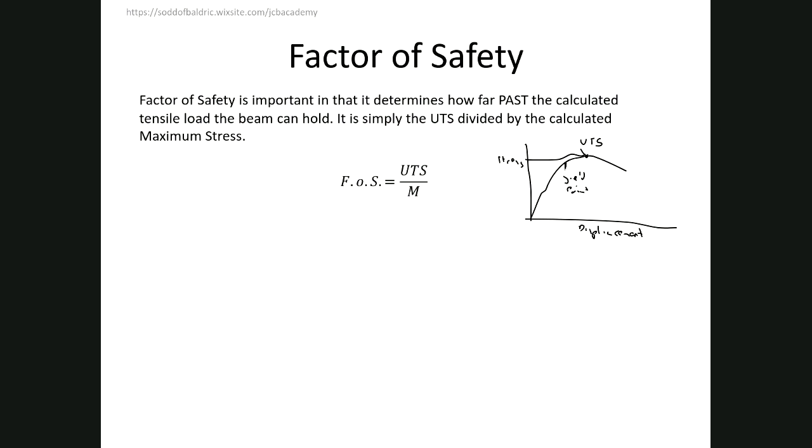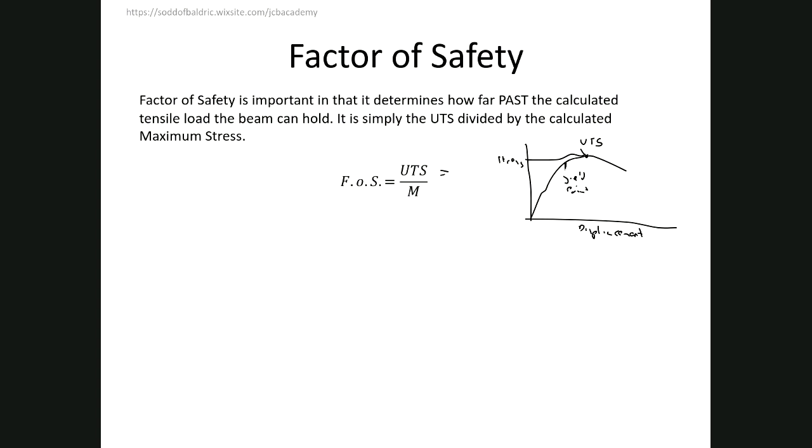The UTS is how much stress it can take before the displacement gets out of control, how much we can put it under to still be safe, but we wouldn't want to then use that thing again because it's deformed even though it hasn't broken. So in our example, the UTS is given in the question